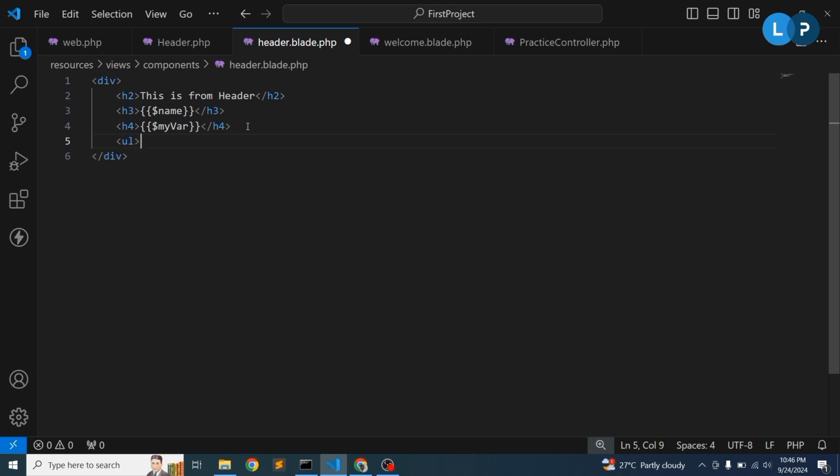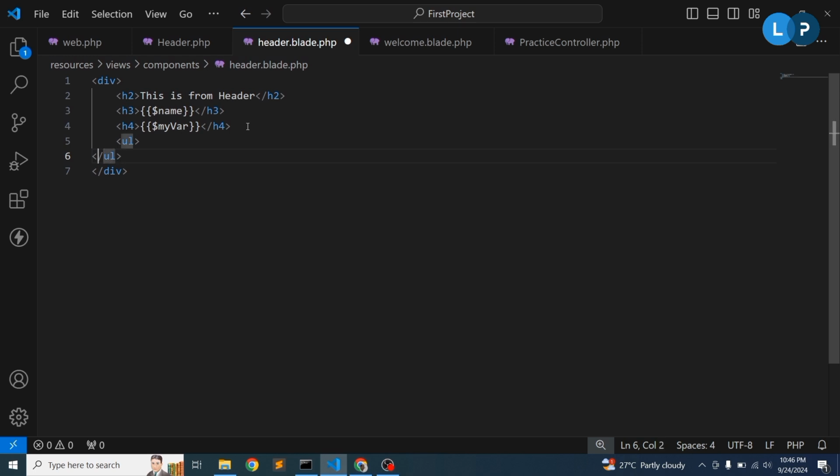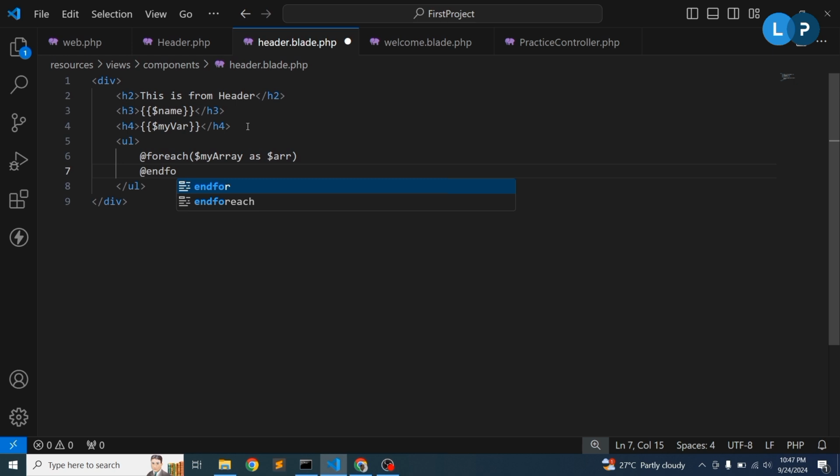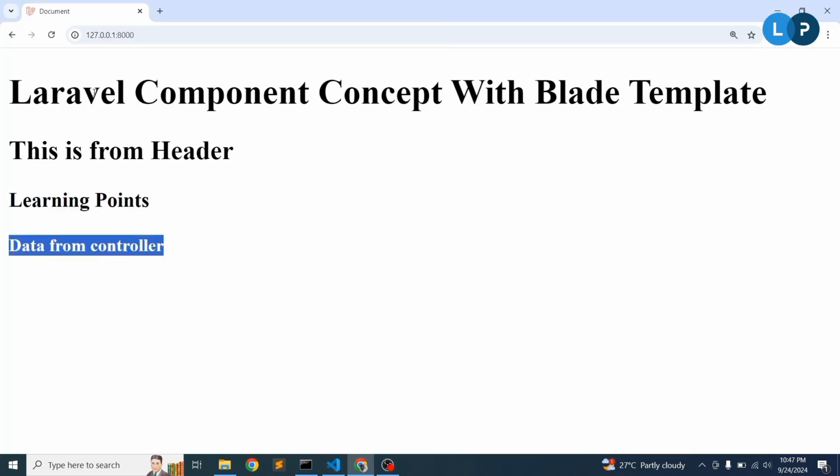So simply write ul and ul close, and here we will create a loop so we can understand the loop. We discussed those things. So write foreach $myArray as $array. Okay, and simply close the foreach, and just pass. So simply write $array. Okay, now if I just go here, we can see